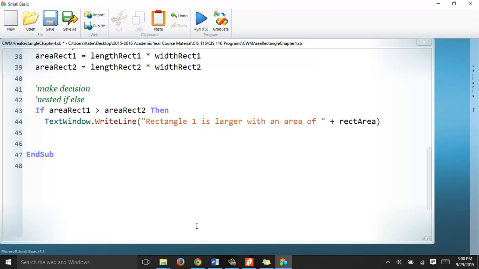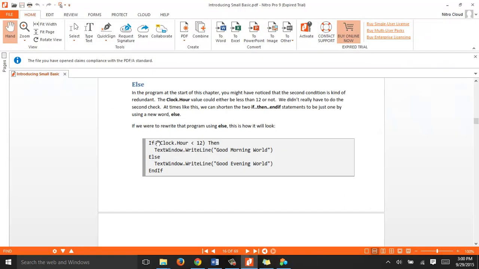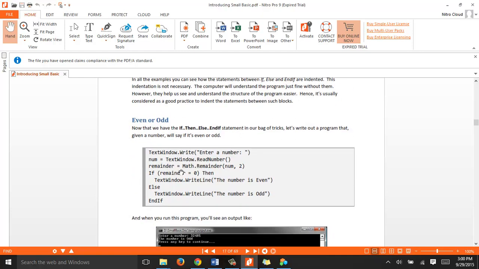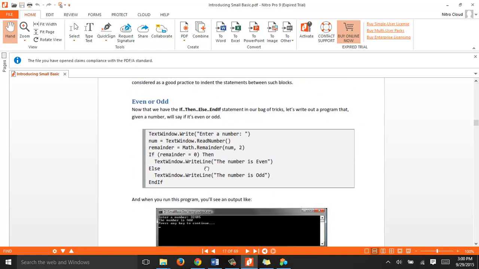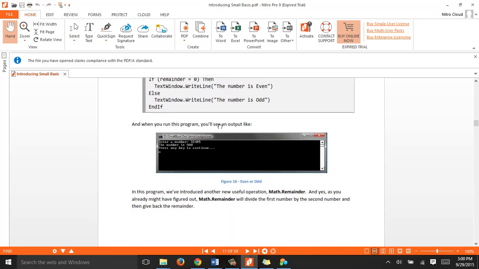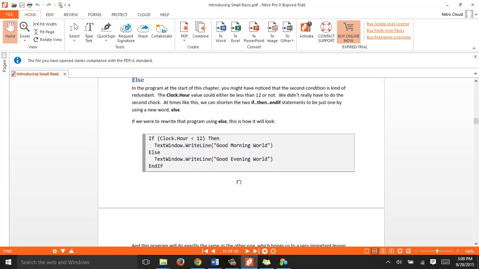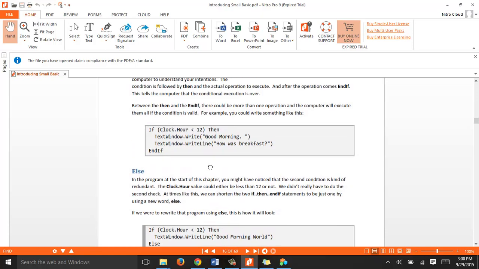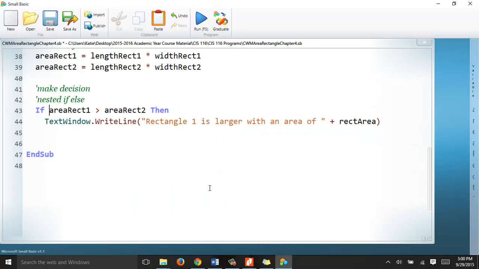So let's look at our, okay, back over here, you see how they have the condition around parentheses? If remainder is equal to 0, I want to talk about an equal in my next video too. If clock hour is less than 12, those are called conditions. Remember that? So we need to put our parentheses around our condition. Our condition here is if area of rectangle 1 is greater than area of rectangle 2, then we want to